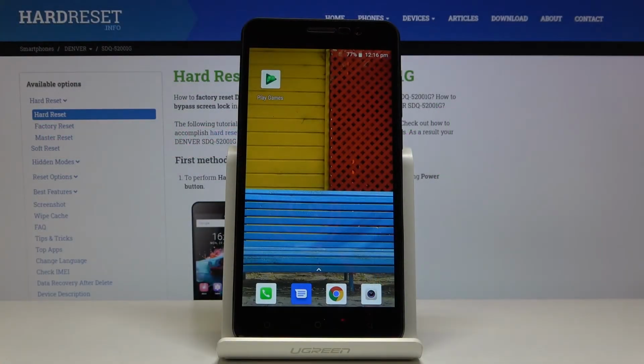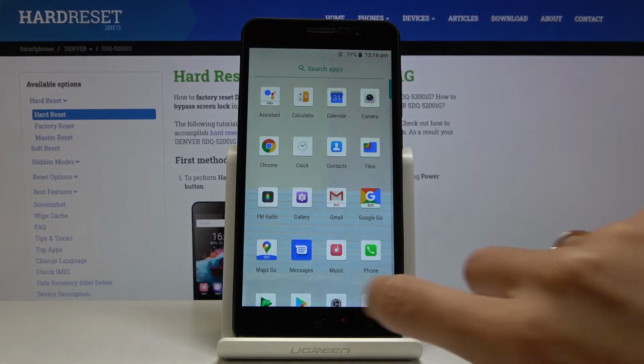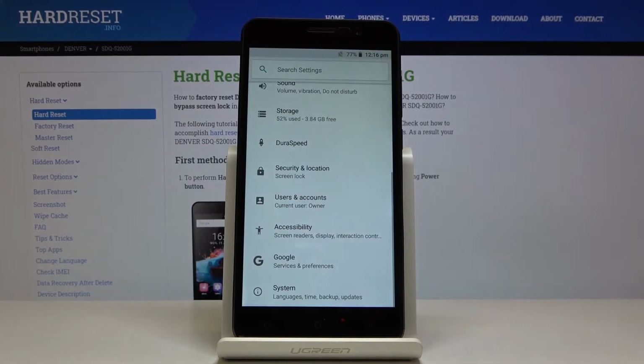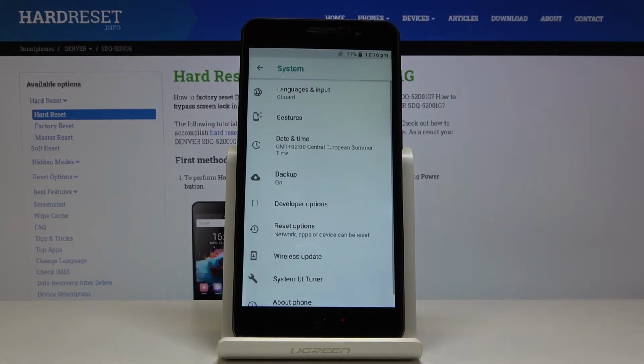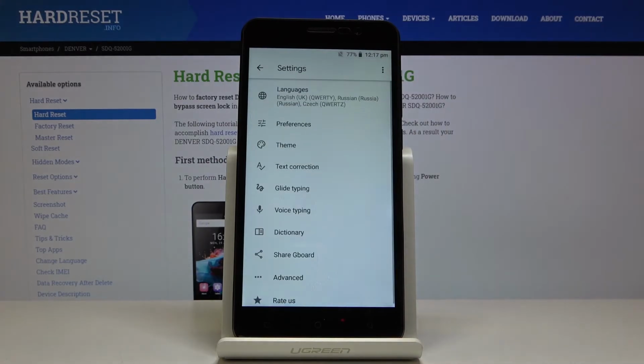In front of me is Denver SDQ-52001G, and let me show you how to activate spell check on the following device. So first of all, we have to open the list of all apps, then find and select Settings. Now click on System, go to Languages and Input, click on Virtual Keyboard, then select the Gboard, and now go